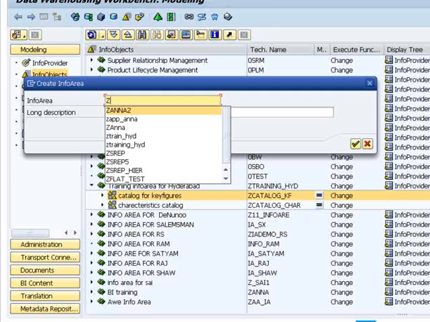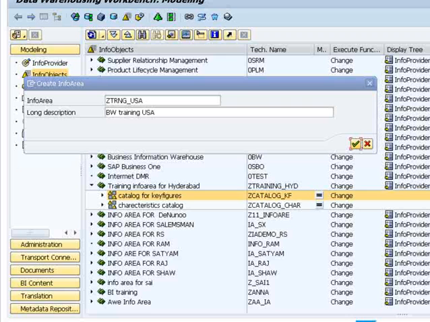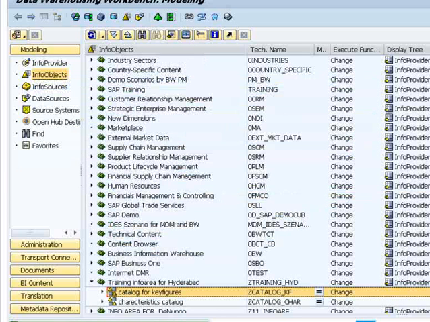Let's say, by giving the technical name and the description, I just have created an info area.